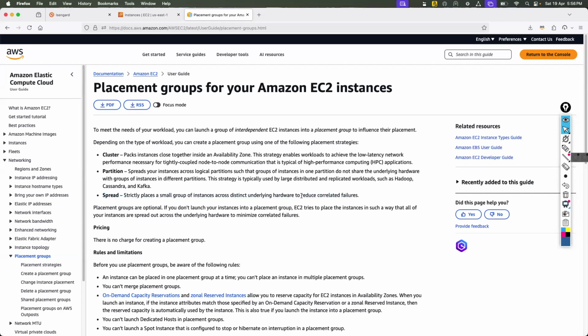If one node goes down, no problem. This placement group topic will come in your exam. Always remember, AWS wants to assess your knowledge of low latency network performance, etc. For HPC, go for cluster. For Hadoop, Cassandra, and Kafka, you may go for the partition approach.